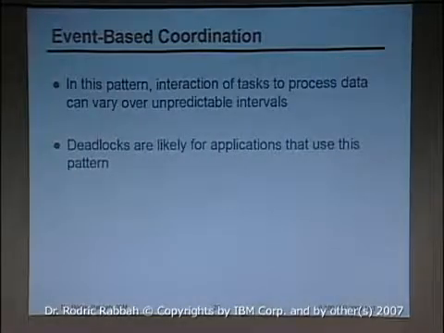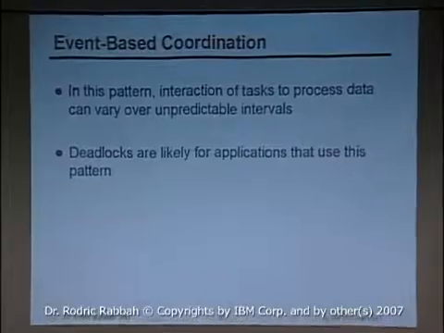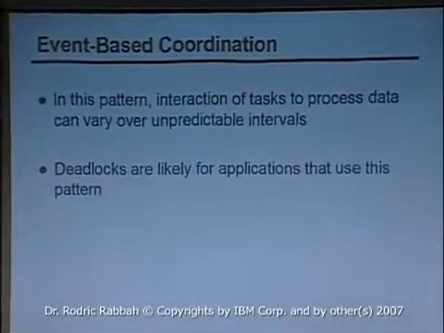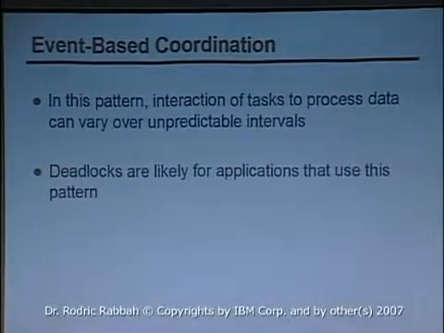In the event-based coordination, these are interactions of tasks over unpredictable intervals, and you're more prone to deadlocks in these applications because you might have cyclic dependencies where one event can't proceed until it gets data from another event, but that one can't proceed until it gets data from yet another event. You can create these complex interactions that often lead to deadlock. So you have to be very careful in structuring things so you don't end up with feedback loops that